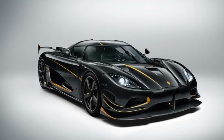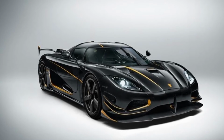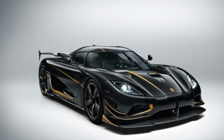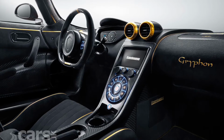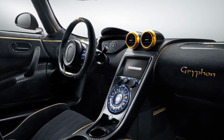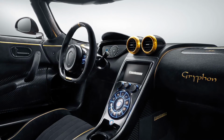And then moving over to the other boutique hypercar manufacturer, Koenigsegg, we see Manny Khoshbin's Griffon, however you want to pronounce it. I think they said like Griffin or something. I'll just call it Griffin. So it has gold leaf all around it, like they did with that Noir edition. Was it Shmee that made a video, or was that a different car? But this one also has the gold in the paint,